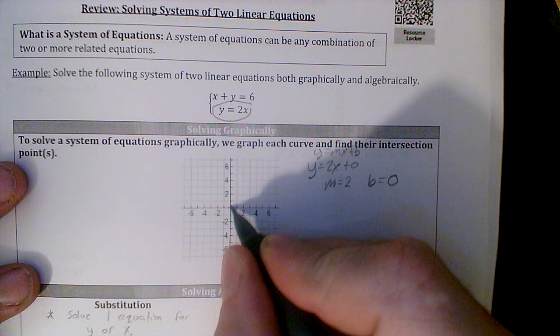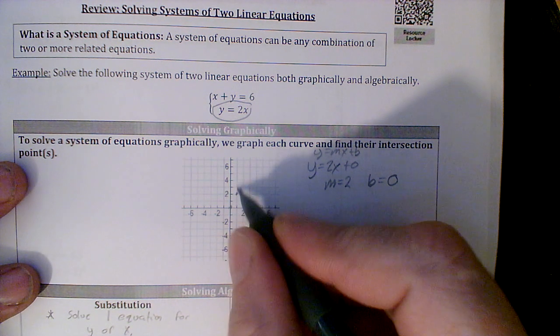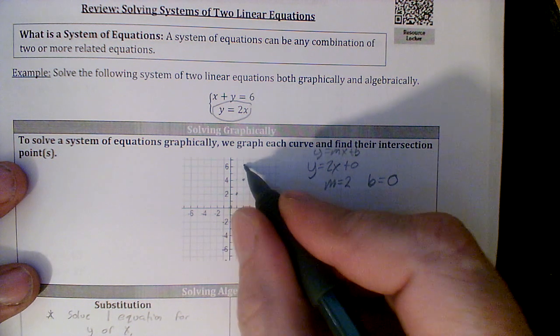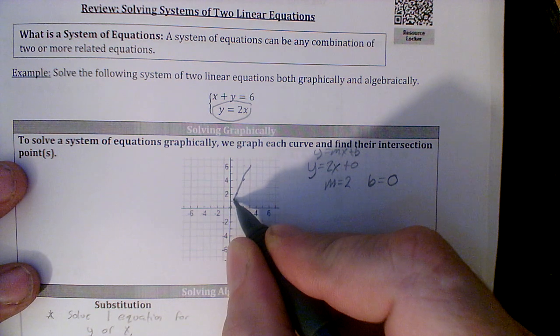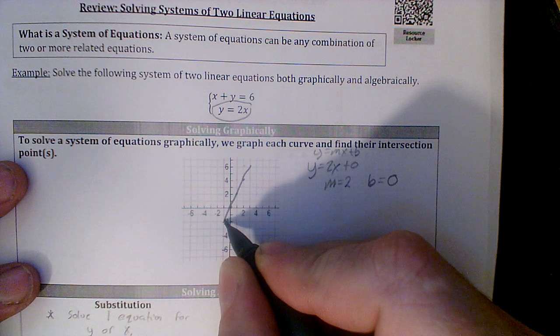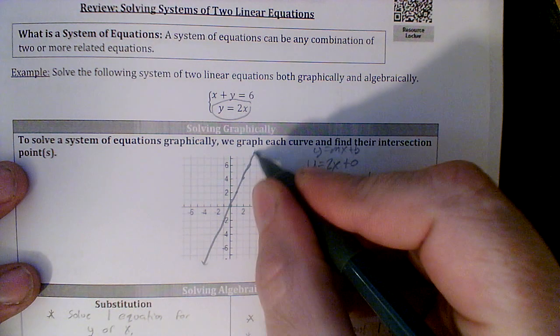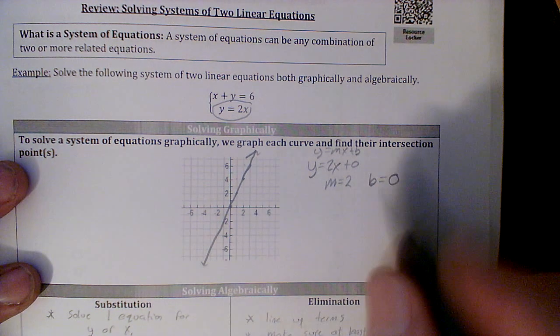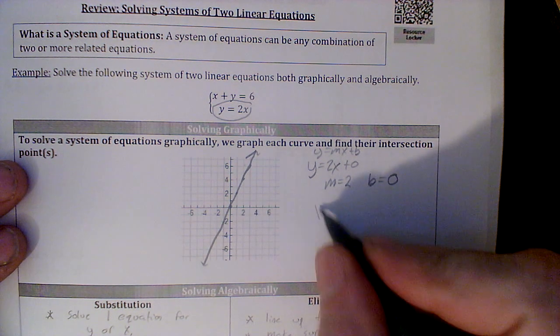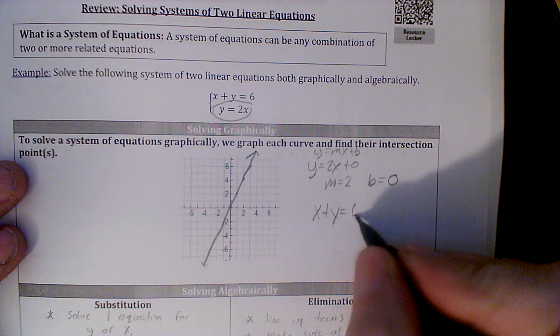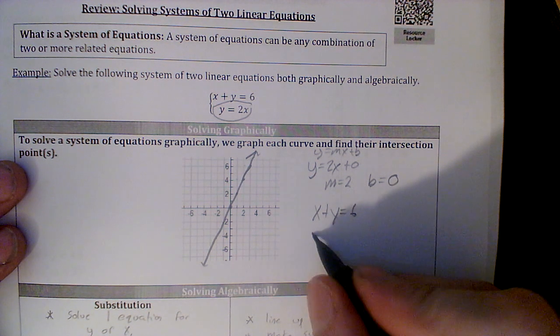So I'm going to go here. I'm going to do a slope of 2. That means up 2 over 1, up 2 over 1, and create some sort of line. I'm hand drawing this, so hopefully it's pretty good. Right there. And then this other one is x plus y equals 6, and we could subtract x and go